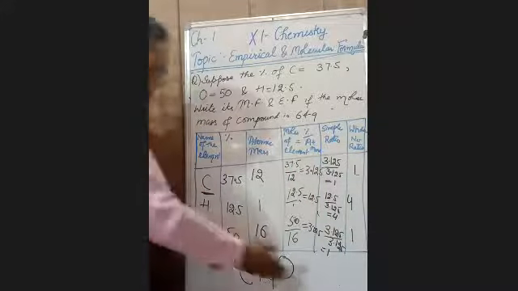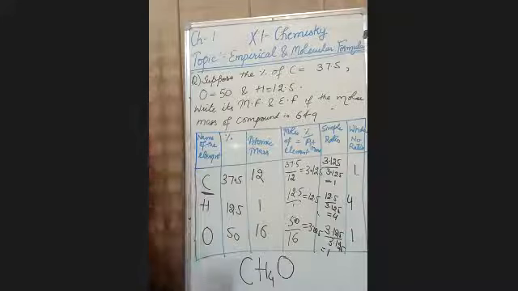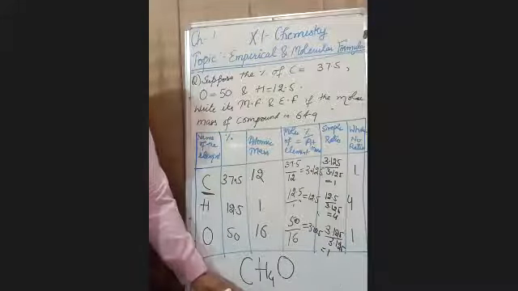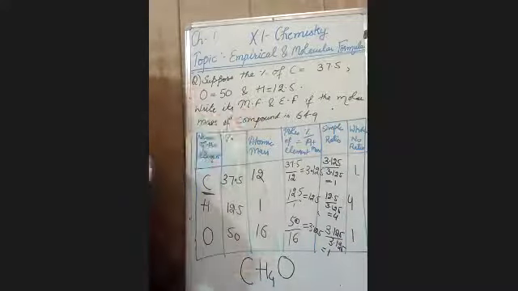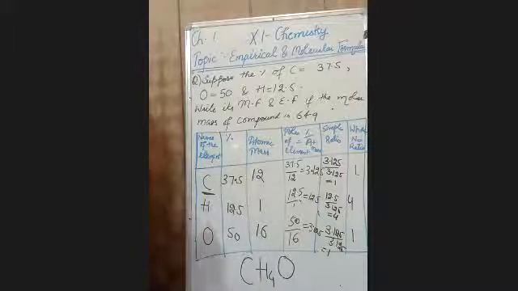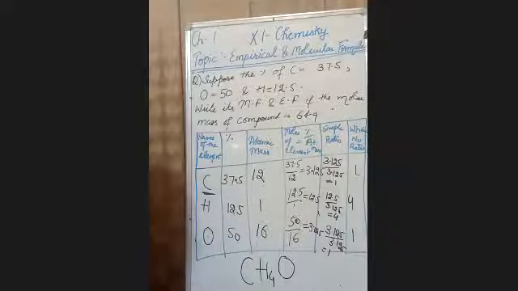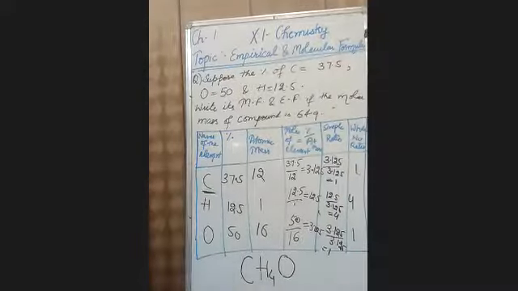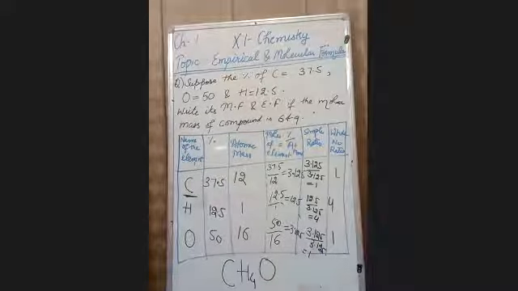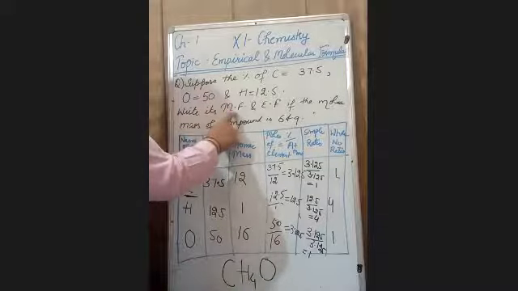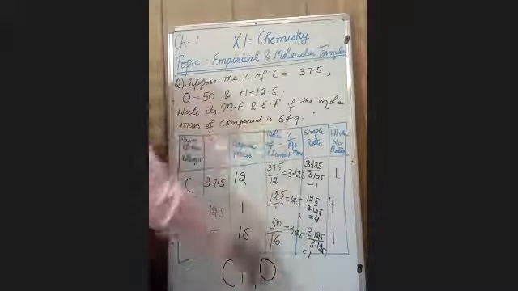Sometimes the teacher will ask only up to the calculation of the empirical formula. Then that is sufficient. But in this question, we also have to calculate the molecular formula. This is the simplest whole number ratio. Now we have to calculate the actual number of atoms present in this molecule. My dear students, if you are facing any difficulty up to this topic, please let me know. Message me fast. You have to calculate the molecular formula, and the molar mass of the compound is 64 gram.